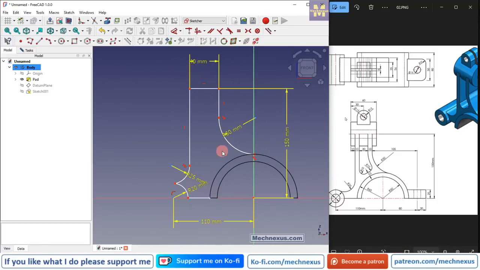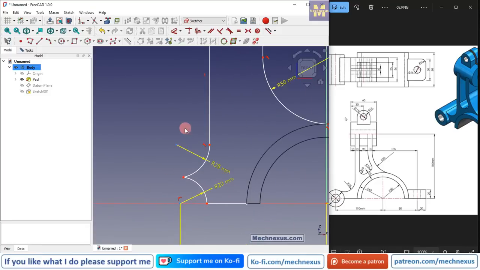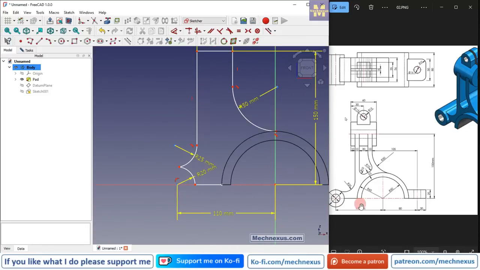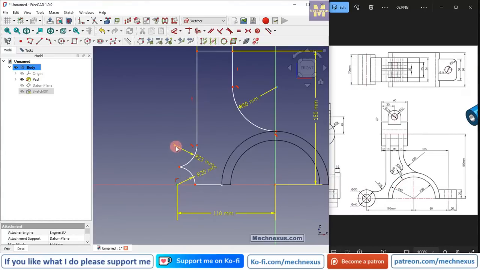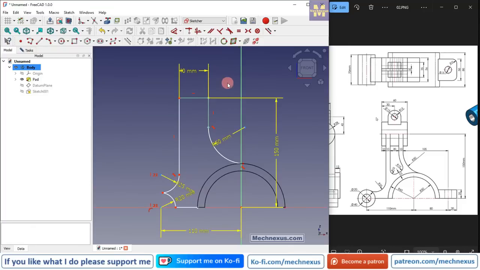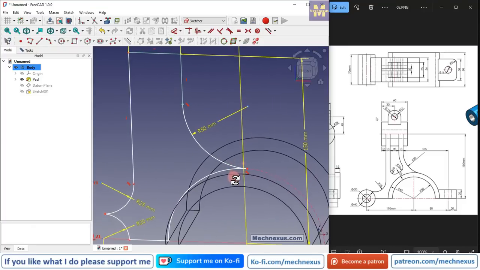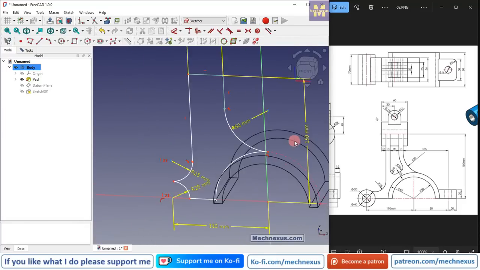Now our sketch is still unconstrained because we have not assigned a relation between this and this. So we will select this and add a vertical relation. So if you see here, this got fully constrained, but this arc is not. So if we move it,